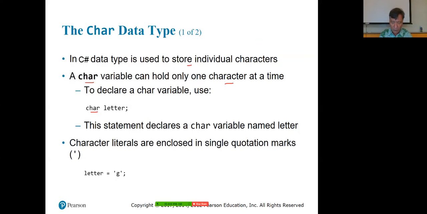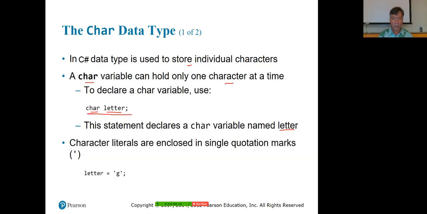We've seen string, we've seen int, we've seen double, and we've seen decimal a lot. There's char. Char is just a single character, and so this statement here declares a character type variable that can hold one character, and in this case it's named letter. That's the name of it, and the way you